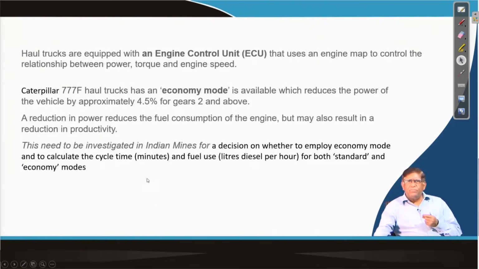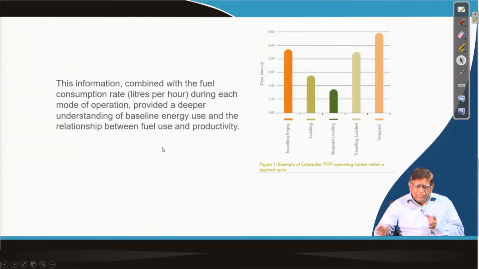Now, haul trucks are equipped with an energy control unit, which records and keeps the records, and they are sent for analysis. This data is very, very important. There is also a provision in modern trucks to put them in economy mode, so whether a truck can operate in economy mode under particular conditions, accordingly you can put it automatically in economy mode to improve these. That is how much time the truck is operating in which mode.